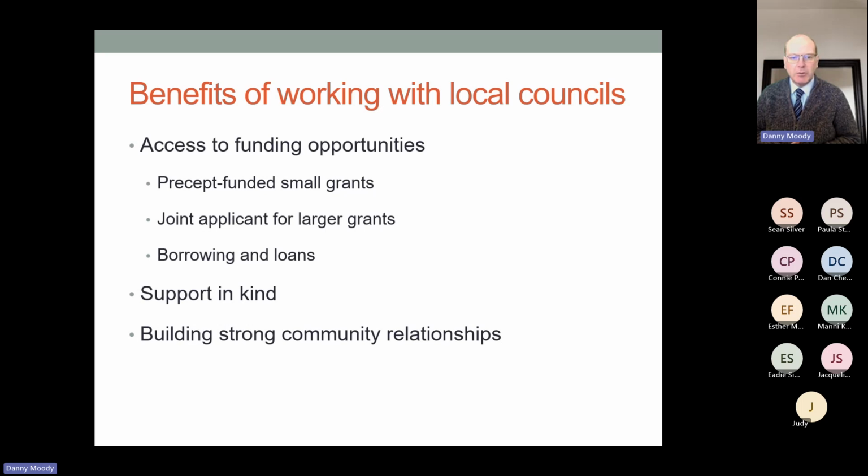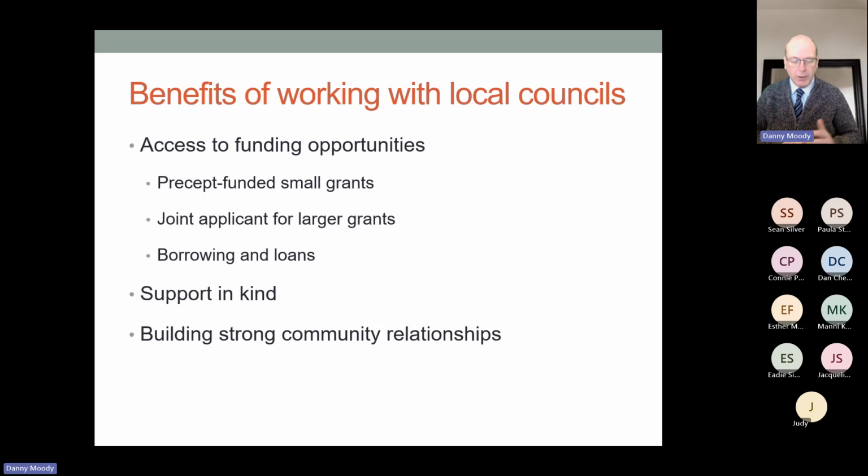And then lastly, parish and town councils have the legal power to borrow money or to get a loan. So if it's a really big capital project, rather than the community saving up over a long period of time in order to have enough money to deliver the project, there is a possibility, and obviously this would be up to the parish or town council to decide whether they wanted to get involved in it,